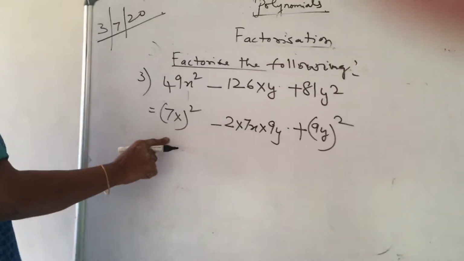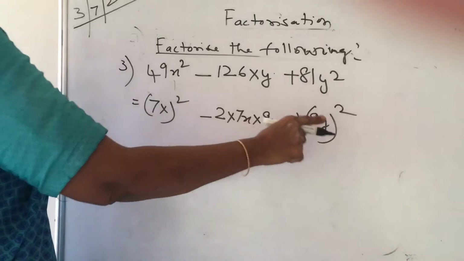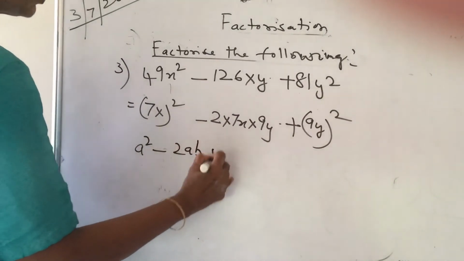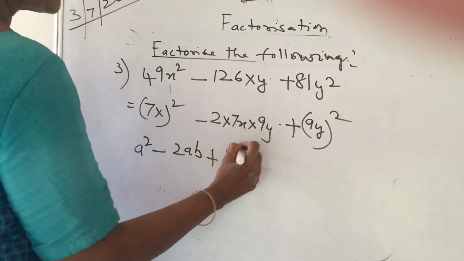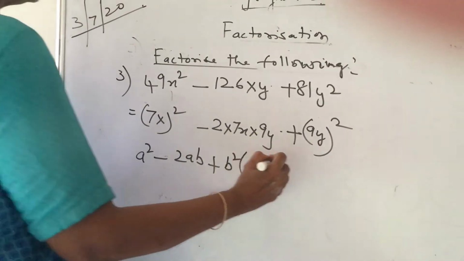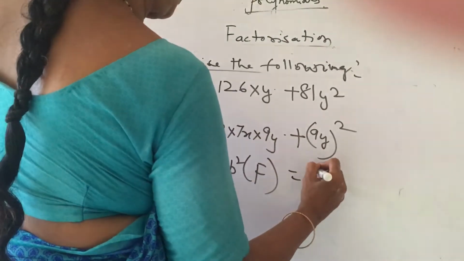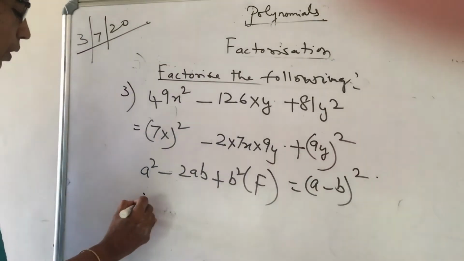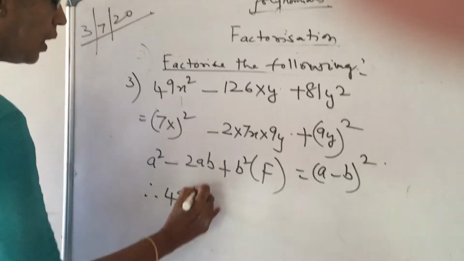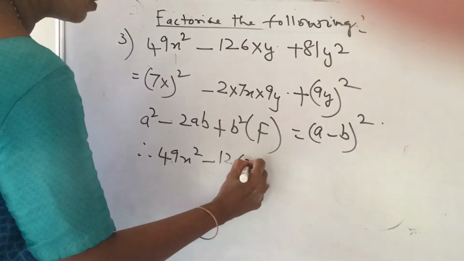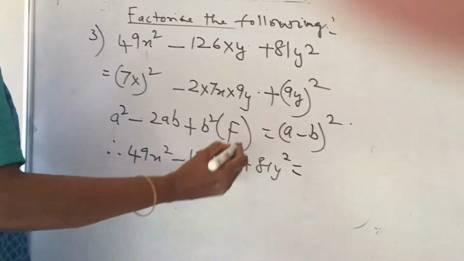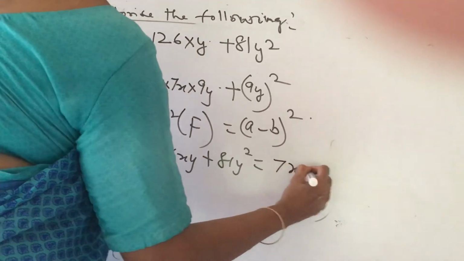A square minus 2ab plus b square is equal to a minus b the whole square. Therefore, 49x square minus 126xy plus 81y square is equal to